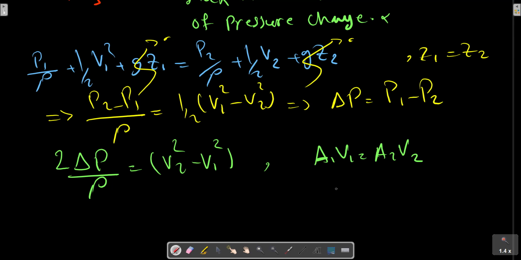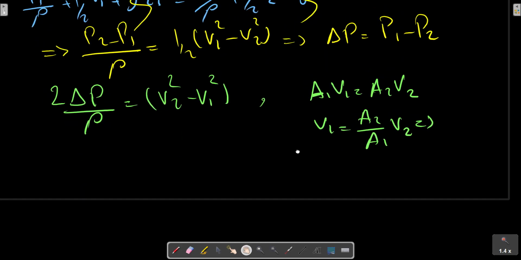So we can write V1 equals to A2 on A1 V2, and if we consider an expression for A2 on A1, or the relation for the diameters of the inlet and outlet,